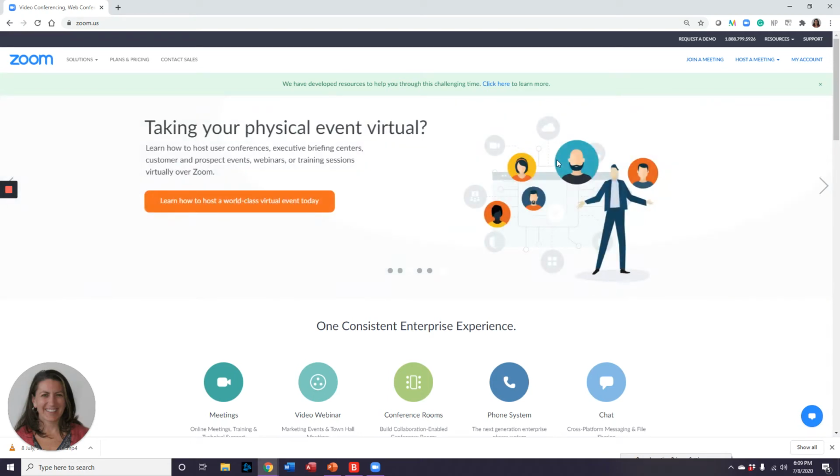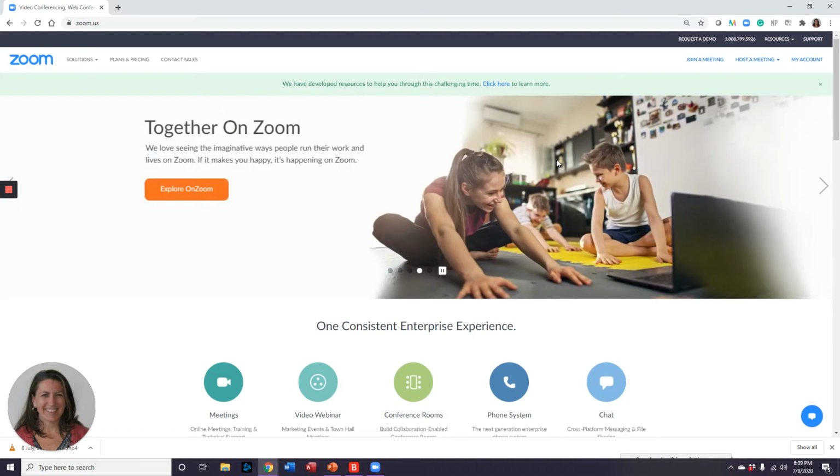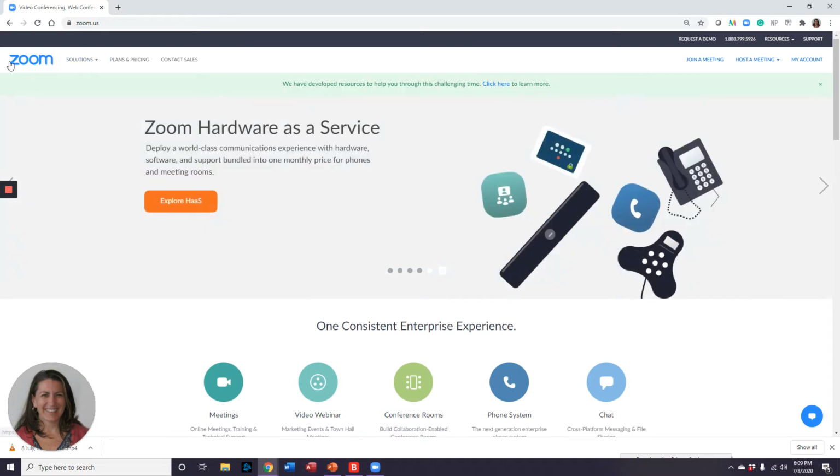Today we're going to talk about how do you schedule a meeting in Zoom. And I'm going to show two different versions. I'm going to show you how to create a meeting right from the web browser and then from the desktop app. So here I am logged into my Zoom account right on the website,